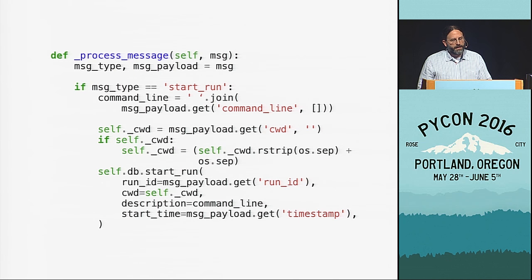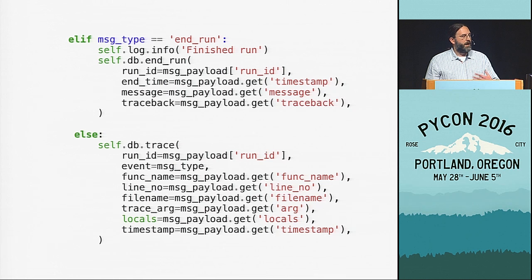So after I had all of the pieces working to record the start of a run, I updated it to handle the other kinds of messages so that I was actually collecting all of the data about the run. But iterating like that one method at a time let me focus on one thing at a time. So I only had to worry about the 0MQ communication or the trace module or getting things formatted on the console or the pieces of the database handling one step at a time. So I didn't try to build the whole thing all at once.